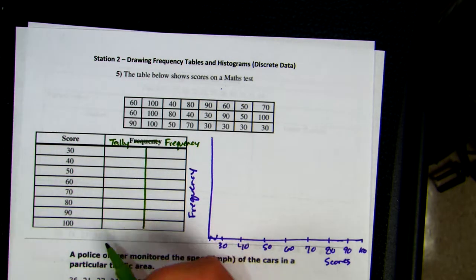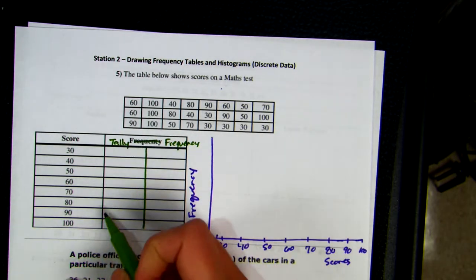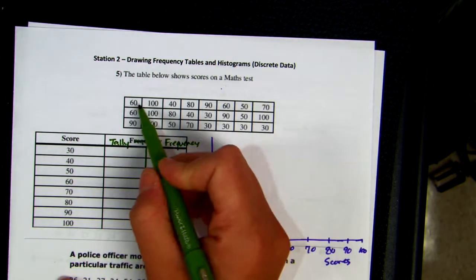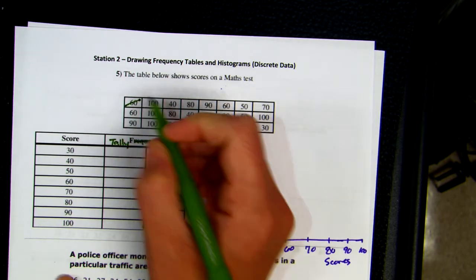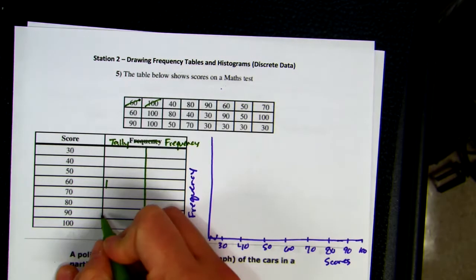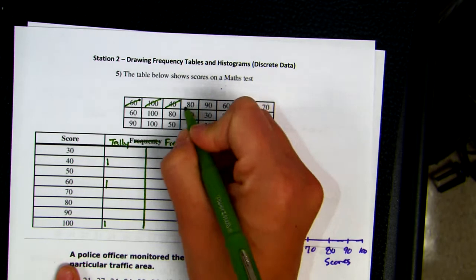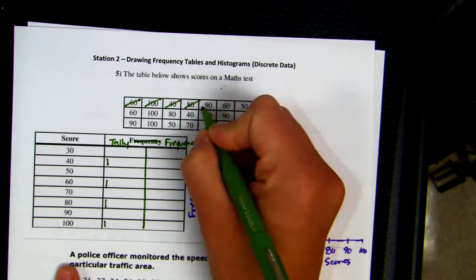The way that I usually go through the data is I just go through the top row, middle row, last row, and I make a tally mark each time I see the number. So I see the number 60, I cross through it up here and give a tally mark down there. I cross through it so I don't accidentally double count it. So cross through 100, tally mark there, cross through 40, tally mark there, cross through 80, tally mark there, cross